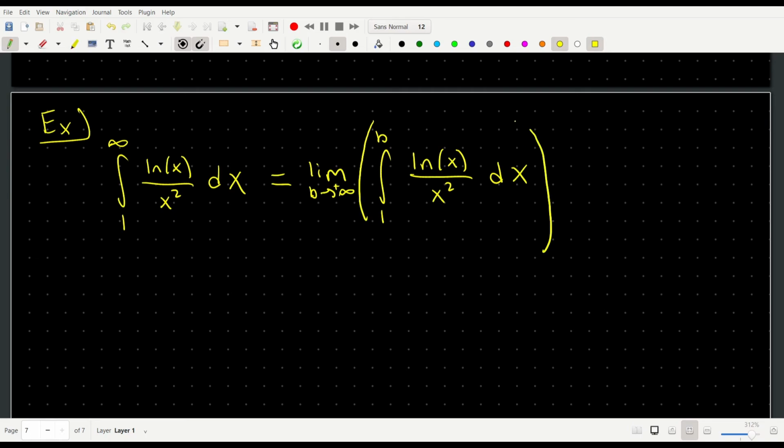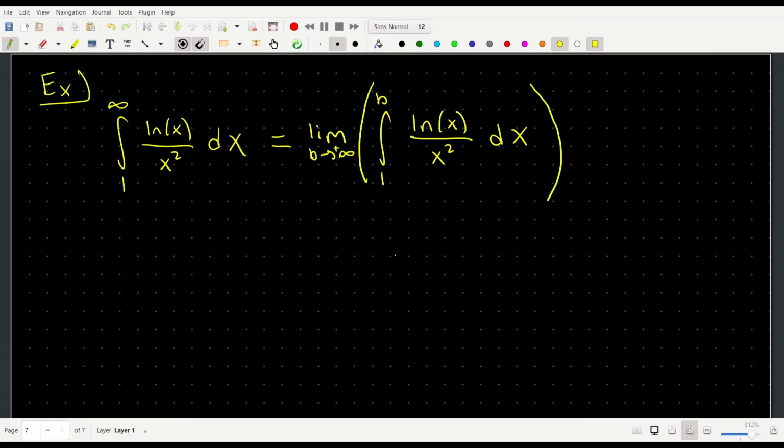And basically this problem is now the problem of first solving for this actual integral from 1 to b, and then taking the limit of this integral as b goes to positive infinity. So the first step here is to attack this integral and figure out how we're going to solve it. And sure enough,